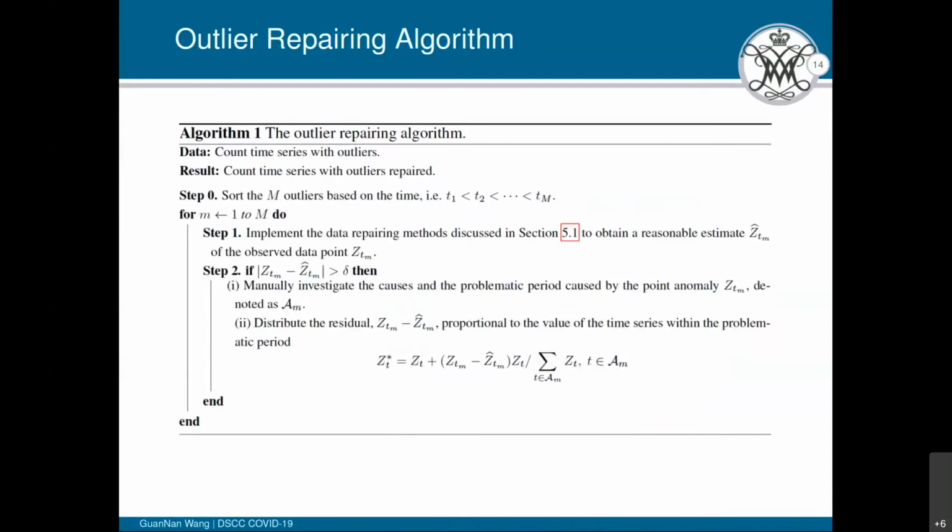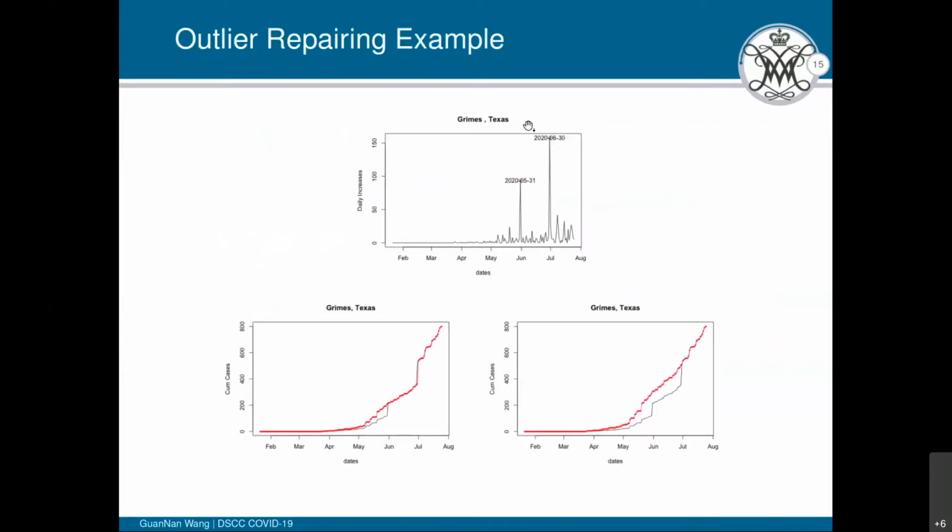Okay, using the repairing method, we can fix the order dependence violation. Now let's look at the outliers. The outlier correction procedure requirements are different from the traditional ones, since these outliers typically occur for some specific reason. For example, we have two jumps here in this figure, and these jumps are related to the reported cases in the Texas Department of Criminal Justice based on the news on May 31st. At least 82 of the confirmed cases in Grimes County are related, and this can be traced back to the beginning of the pandemic.